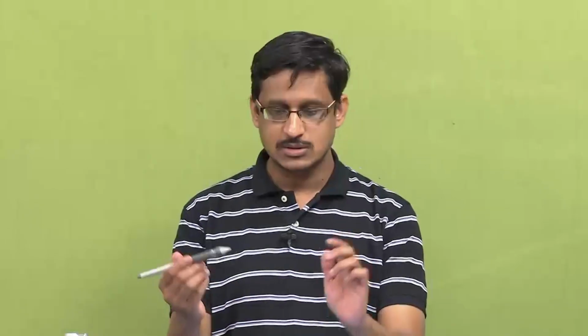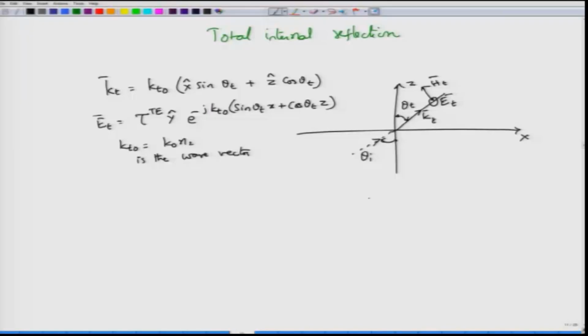In this module we will continue the discussion of varying the angle of incidence and then looking at what happens to the reflection from transverse magnetic and transverse electric polarized waves. So, we have already seen that in the transverse magnetic case, at a particular angle called the Brewster angle, the reflection goes to 0, which means the wave does not reflect back anything, but transmits completely into the second medium.